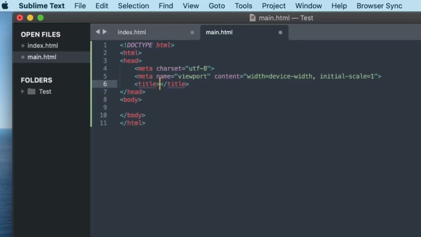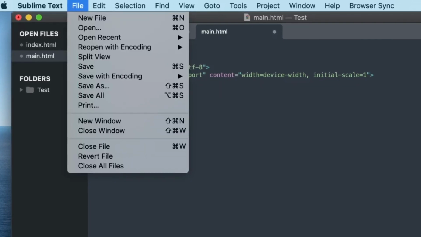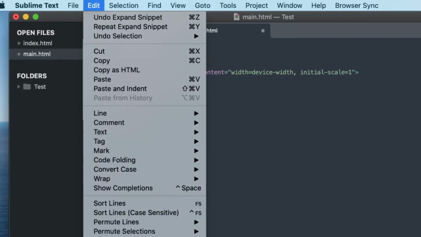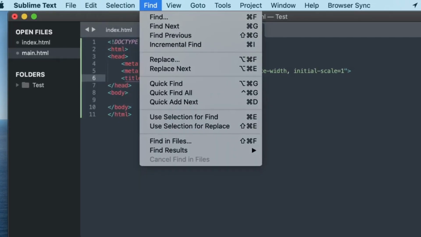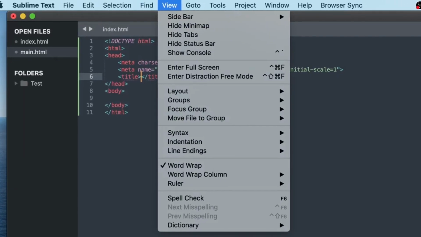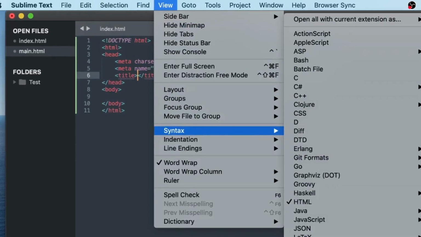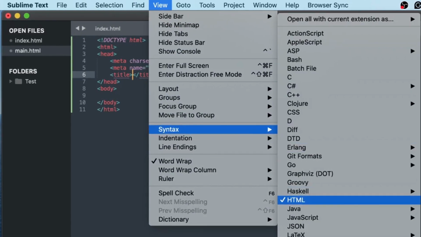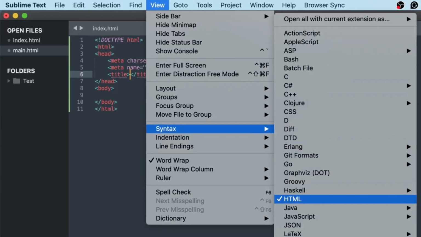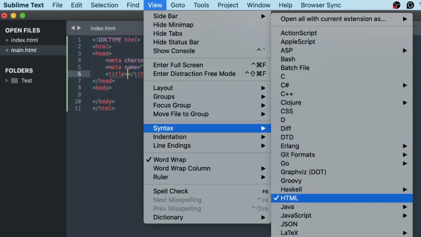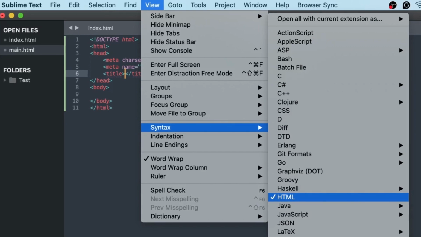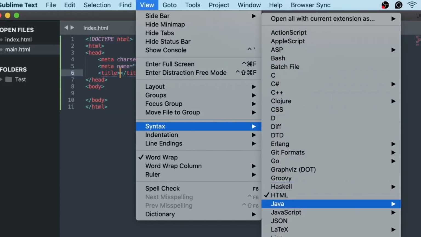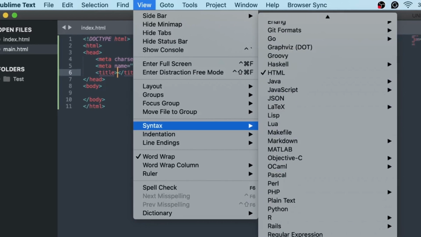I'm going to look at how we could do that from here. All right, so let's go to view, move on to syntax, and as you see it here, I have HTML selected. Okay, so you can go to view, go to syntax, and then you have HTML. If you have other programming languages, you have TypeScript, AppleScript, and so many other programming languages that you can use with